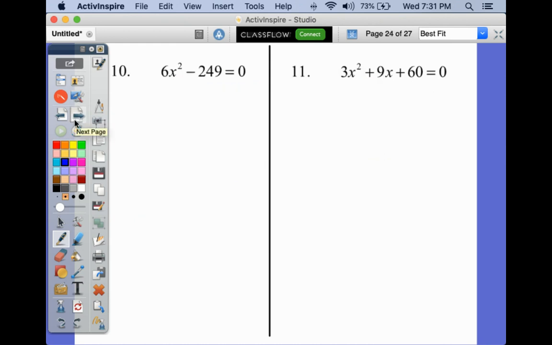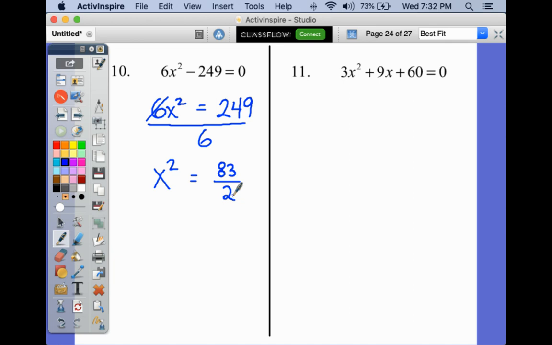Okay, last one in this set. So number 10, I see an x squared term and a constant term. So I'm going to solve with square roots. 6x squared equals 249. Divide everything by 6. So x squared equals, I need to do 249 divided by 6. Stepping away for a calculator. That is 41.5. Okay, so that's going to be 83